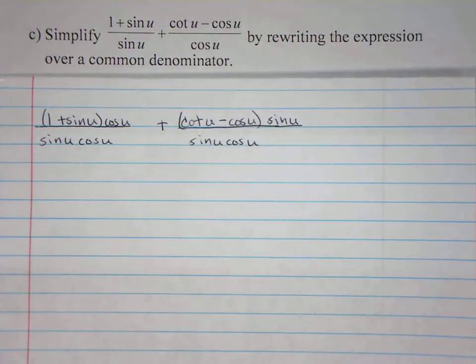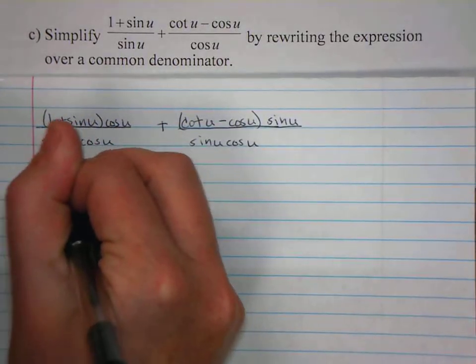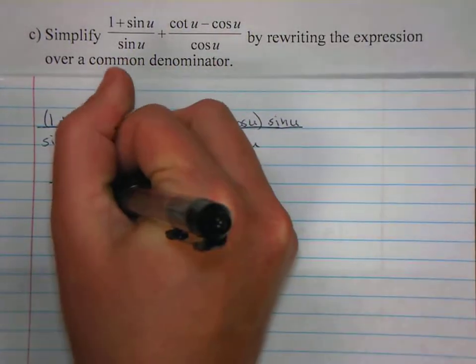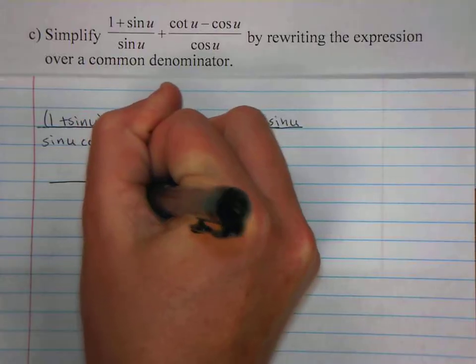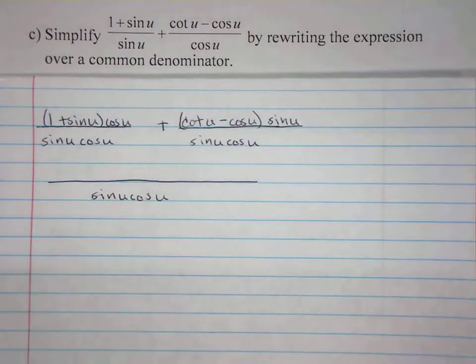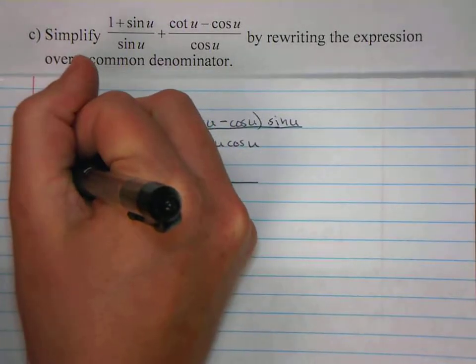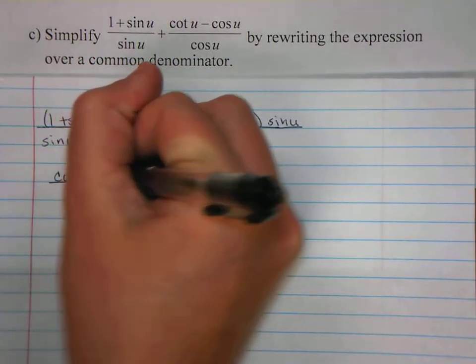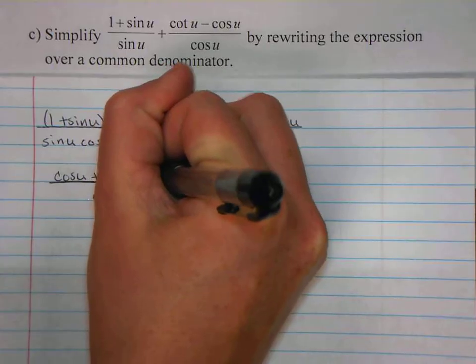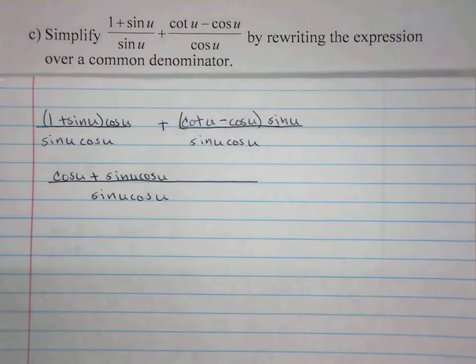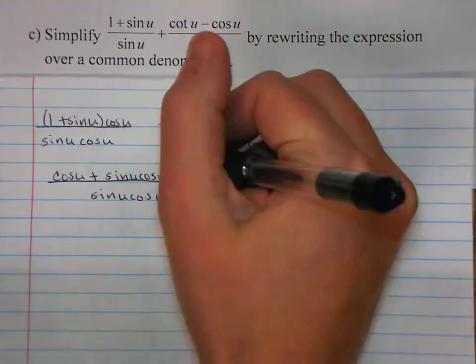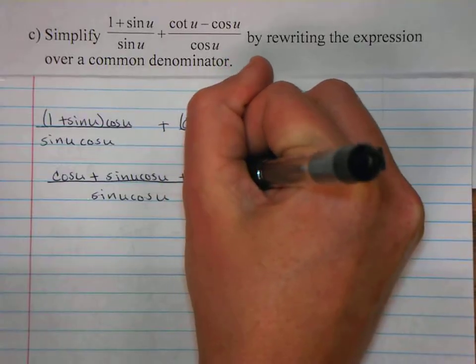Now that my denominators match, I can go ahead and write this as one fraction, or one term, and do some maybe distributive property in my numerator. This would be cosine u plus sine u cosine u plus cotangent u sine u